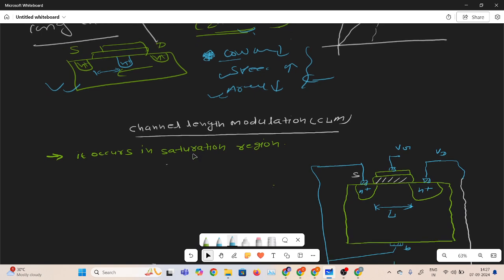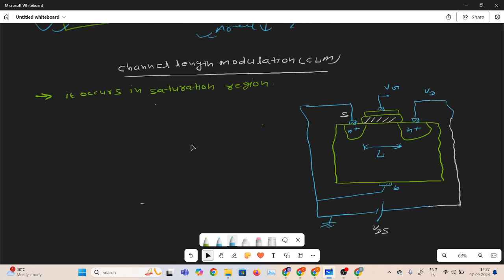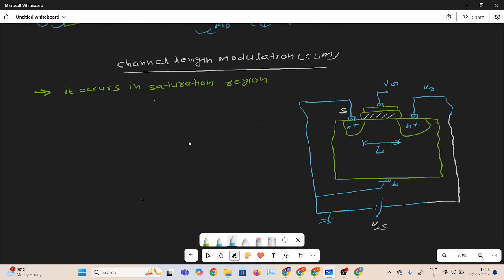The first second order effect I will discuss in this video is channel length modulation. I already explained that it occurs in the saturation region. Here I consider one NMOS, and this is the length of the channel. Now if I increase the VDS, suppose initially VDS is 0 volt, nothing happens on the drain side. But when we increase the VDS, say apply VDS1,